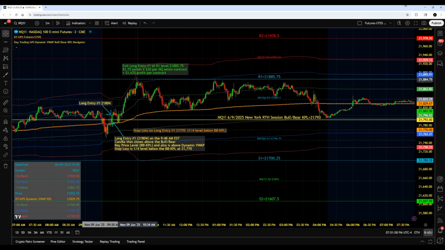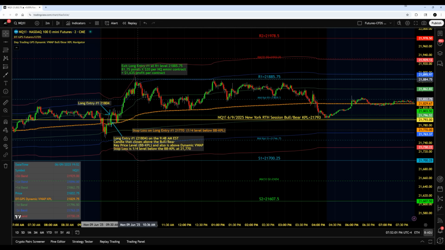If you're a one contract trader of a regular E-mini, the only way of doing that is if you trade micros. So if you trade 10 micros instead of one E-mini contract, it's basically the same, but with micros, it can give you a little more risk management, as far as if you're the kind of trader that doesn't like trading more than the value of one E-mini contract, and you have 10 micros, and that way, if you want to get out of 7 or 8 of them at the initial profit level here, then you can leave a couple of runners